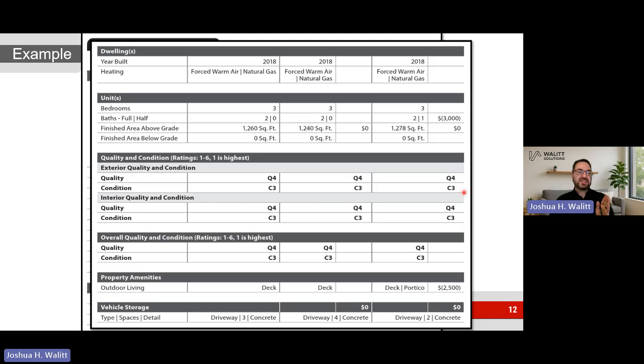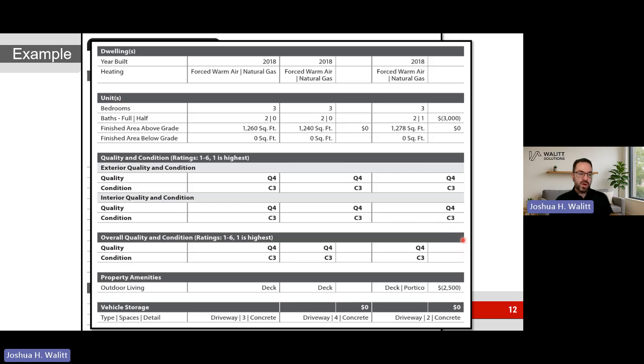They're not expecting adjustments. I did find a typo on one of their mock-ups, but if you look at the 30 mock-up sample reports, you'll see consistently under comps, you do not adjust for interior and exterior quality and condition.